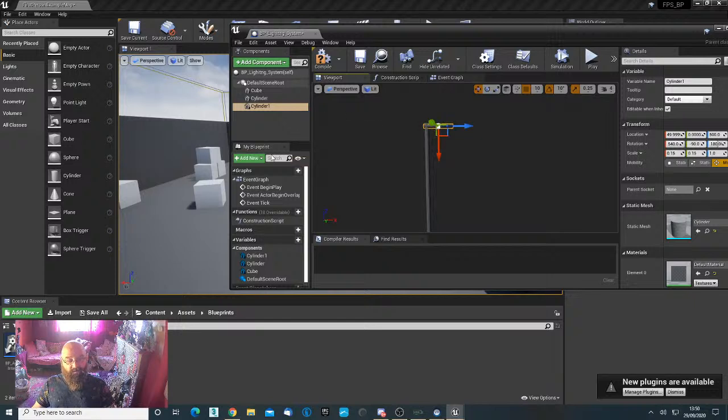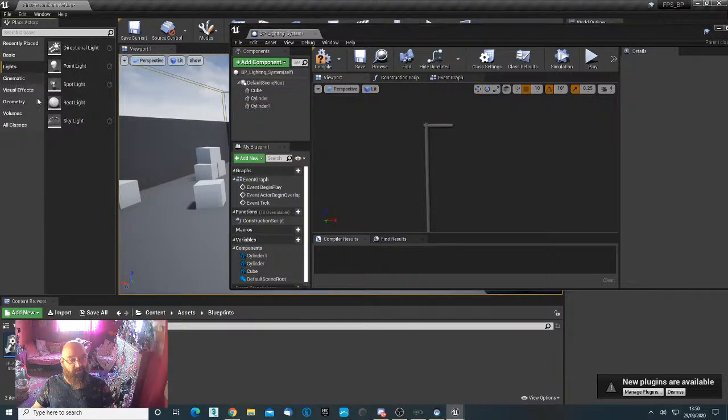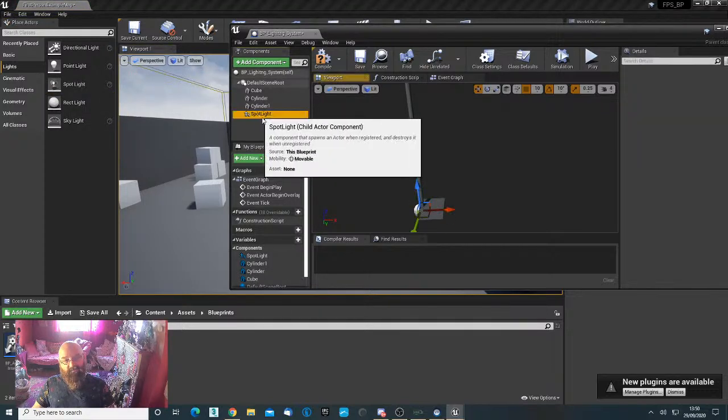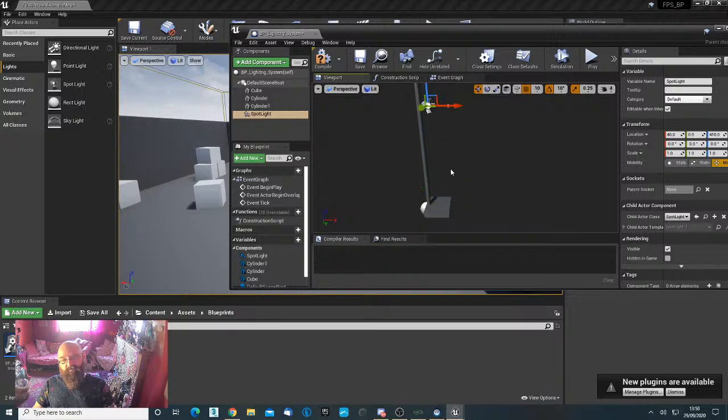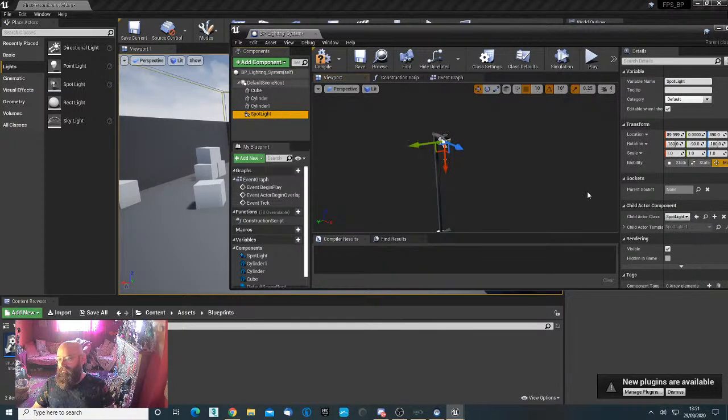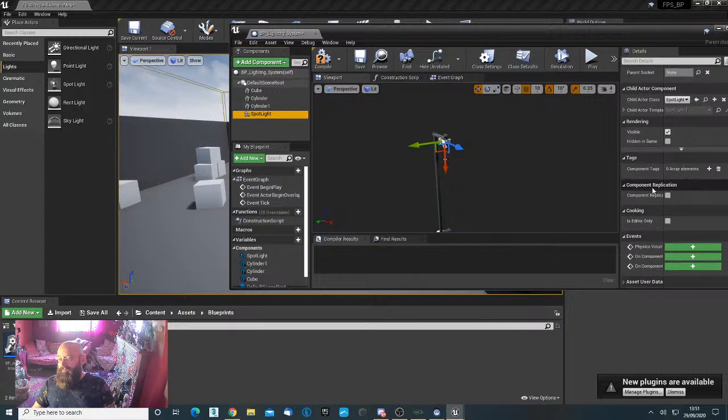Okay, and then I want to get myself a light, so I'm going over to Light, spotlight, drag it in, pop it there, and my spotlight's almost certainly in the wrong place. Yes, it is. So just adjust that. Let me have a quick look. Okay, that all looks fine. So, spotlight. Groovy. Okay, with our spotlight set up the way it should be,